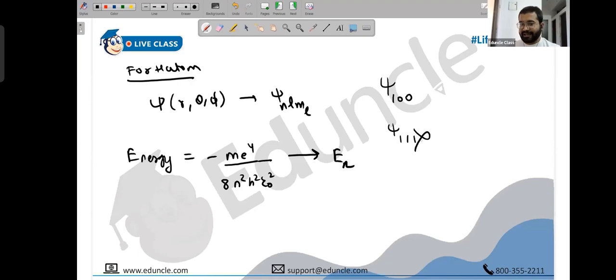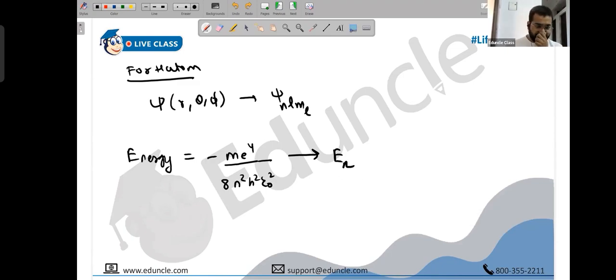However, by the way, this is absurd. 111 doesn't exist. I'm just giving you a rough idea here. But the point is, if you write, for example, psi 321 and psi 311, they both will share same energy for sure, as far as the n value is same. If L and ML change, we don't care. Energy will be same. It means degeneracy can exist. And now we have to learn degeneracy of each state.